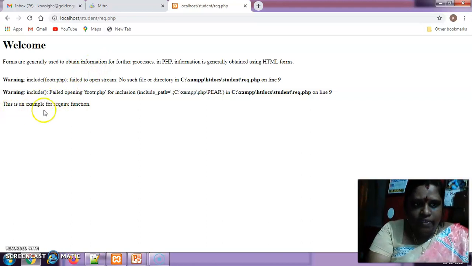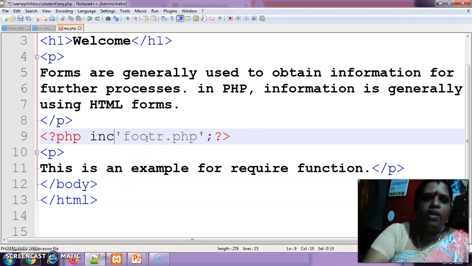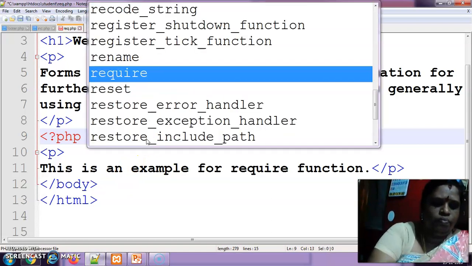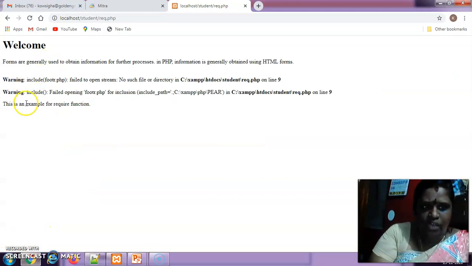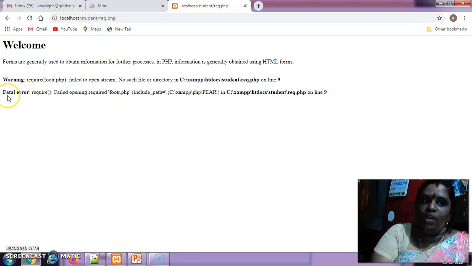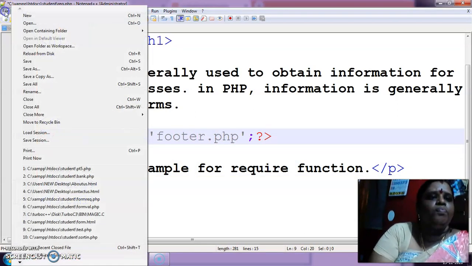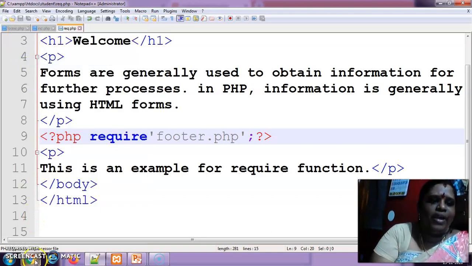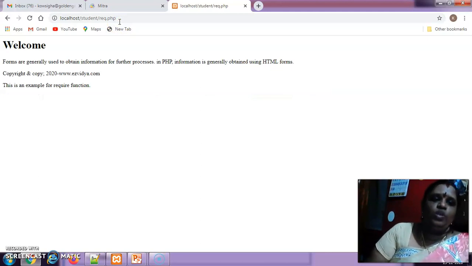This is an example of the include function being displayed here. Can you see? But if we are giving require here, this is an example: warning, and after that one paragraph is there, right? This will not be coming. See, after the warning, fatal error, this is not coming, isn't it? If this PHP require file is correct, your output will also be correct.